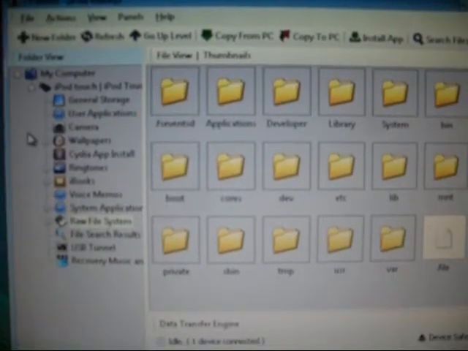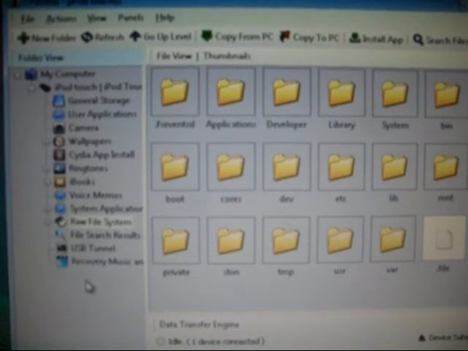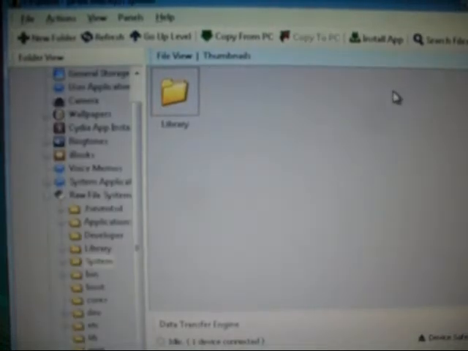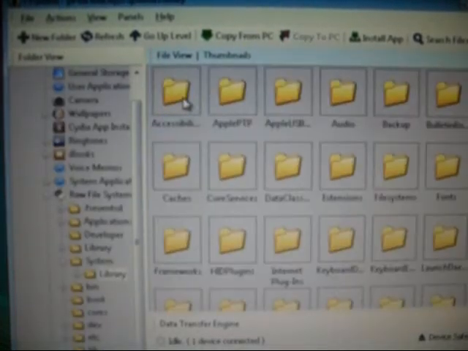After your iPod reboots, you're going to either open up iFunBox if you are on a Windows computer, or you are going to open up iPhone Explorer if you are on a Mac. And you are going to go to the Systems folder, then the Library folder, then the Core Services folder, and then at the end of the list you should see system version.plist. You're going to want to drag this out of